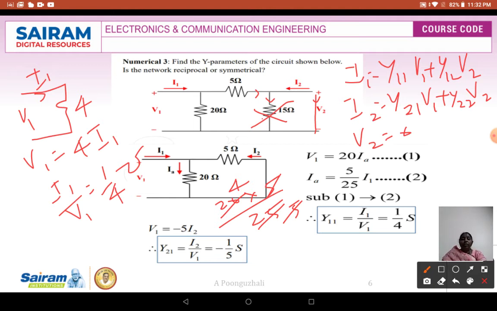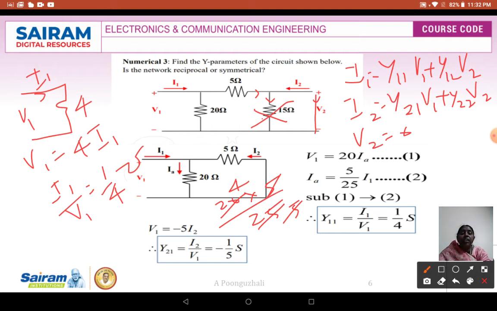So next we want to find out your V1. V1 is nothing but the drop across this. Here in this case, it is going to be the drop across this 20 ohm resistance. So to find it out, we can write it as 20 Ia. In that case, I should know my Ia. To know this Ia, I know the total current, so I can apply my current divider rule. Total current is nothing but I1 into the opposite resistance, which is going to be 5. I want the current through this 20 ohm, that means Ia. So what is the opposite resistance? That is 5. So I1 into 5 divided by 20 plus 5, which is 25.